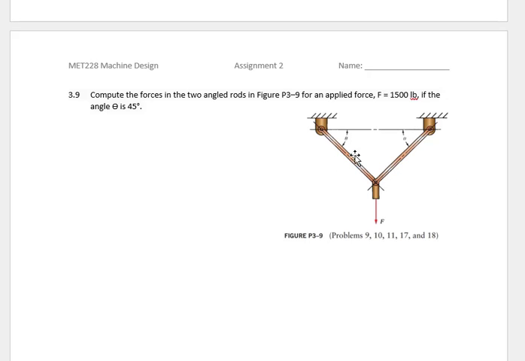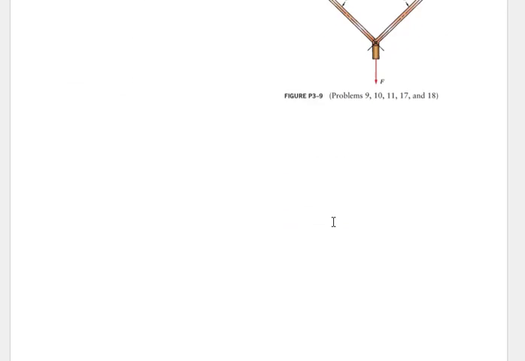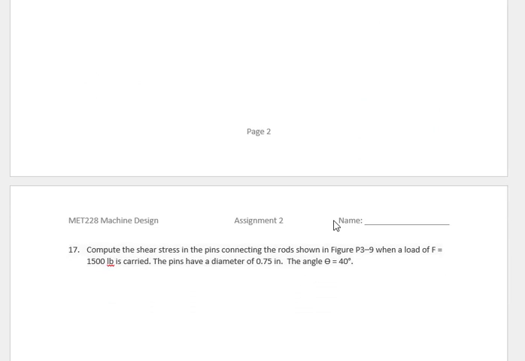You're going to have the tension in the rods. You're going to have forces in the x direction equals 0 and forces in the y direction equals 0. You're going to have two equations, two unknowns, and then you should be able to find what the tension is in the rods. Once you find the tensions in the rods, well, that's that part of the problem. And then you had another problem too